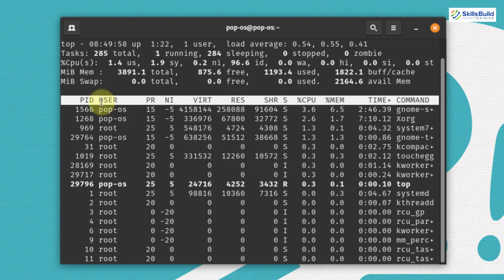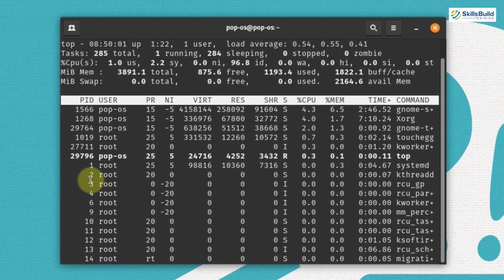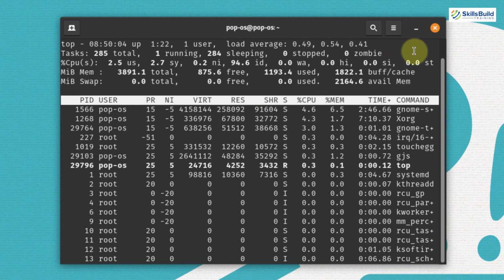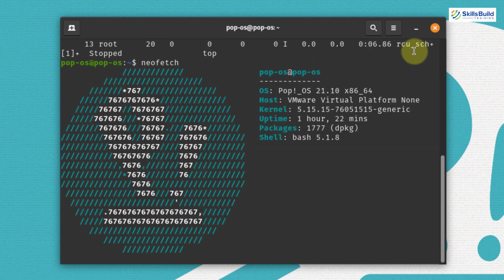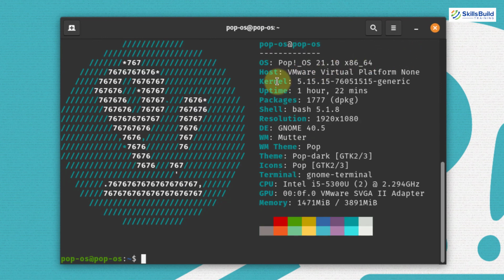Other than that, you have your processes. As you can see, a lot of them are running at the moment. Now I'll talk about some of the system information, and for that I'll use a utility called NeoFetch. So I will just hit enter now. So in terms of operating system, it is obviously Pop!_OS 21.10. For kernel, it is using